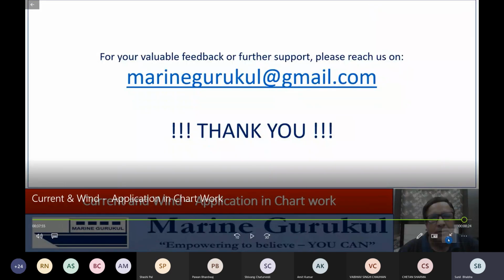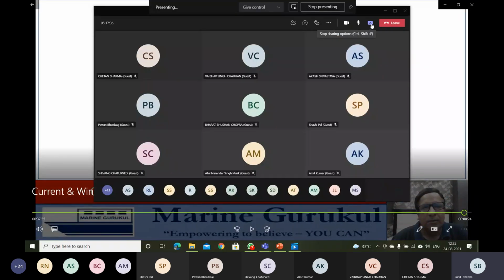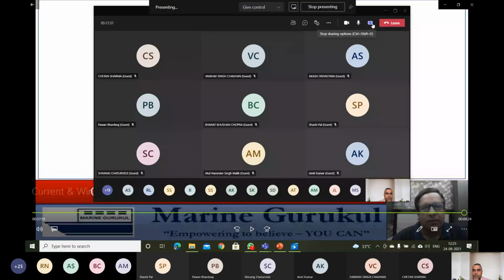Okay, so this basically covers up the effect of the wind as well as the effect of the current. So we have seen two scenarios: counteracting the wind and the current, and allowing for the wind and the current. Very, very important topic. So that is done. And with this, basically, we have finished our today's session.